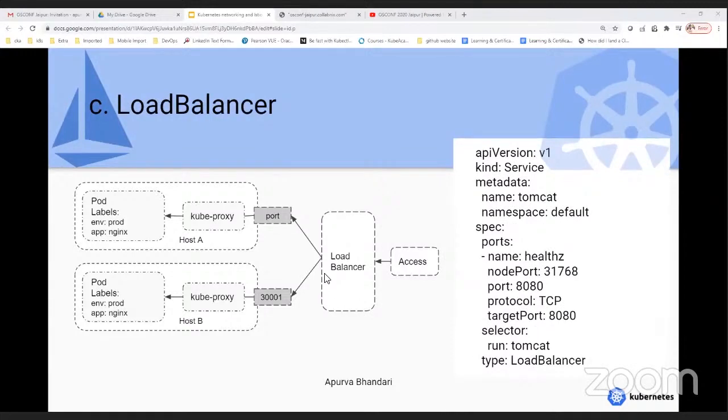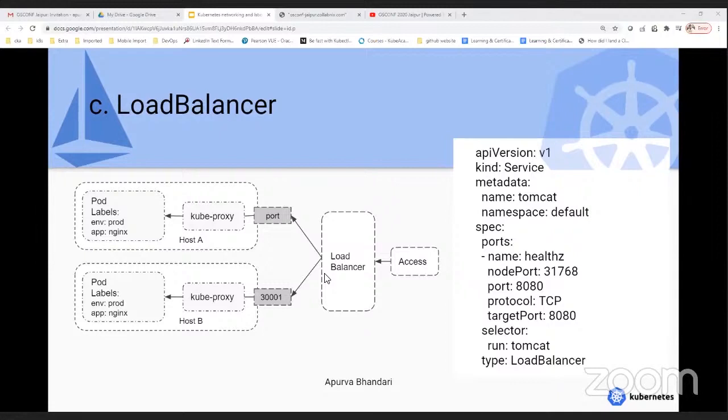If I talk about what happens behind the scenes, LoadBalancer is a service provided by your cloud provider. If I expose any service onto the load balancer and I mention in the manifest file that type is equal to LoadBalancer, it will get mapped with a public IP and one of the ports that I have mentioned over here, like 8080. Here I have exposed a pod with app equal to nginx and env equal to prod, and behind the scenes it is mapping to your 8080 port.